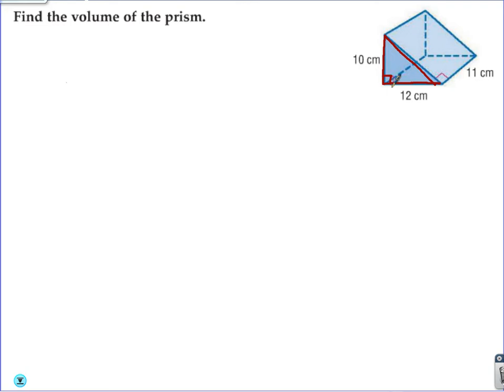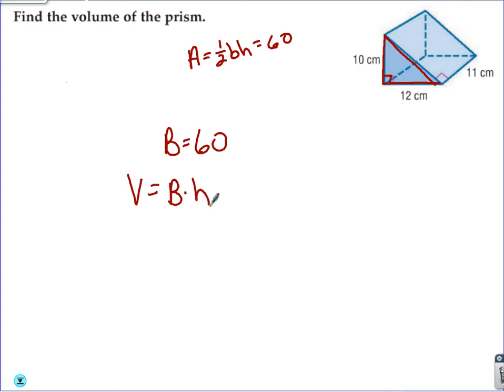Yeah, 60. Since the base is a triangle, the area of that base will be 1/2 base times height, 1/2 times 12 times 10, which is 60. So big B is 60. And then simply multiply by how tall it is. If big B is 60, volume is that same number times however tall it is, so you're going to do 60 times 11, which is